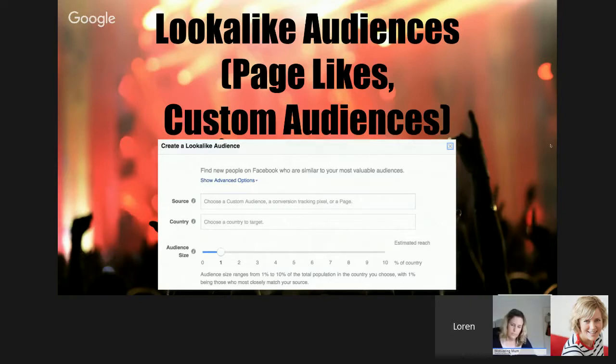and say to Facebook, okay, Facebook, go find me more people that look like the people that like my page. And so Facebook will look at all the people that like your page and say, okay, well, they're usually female, they're between these ages, they live in this area, they like these pages in general, whatever. They'll go find other people that have similar interests, and they will create an audience for that. So you can do that for lookalike audiences for page likes. You could do it for any of the custom audiences that you've already created, so your email list or your website traffic as well.